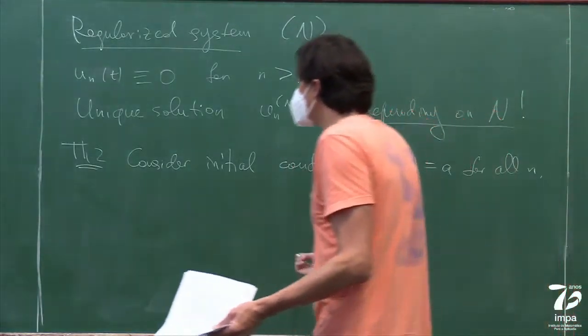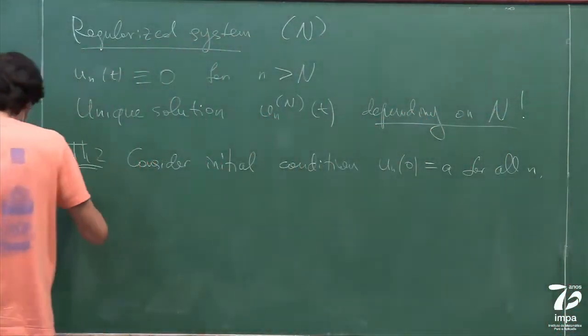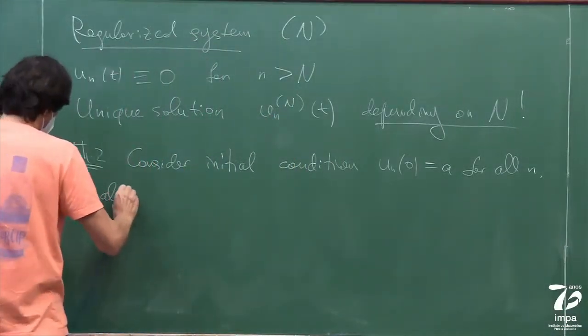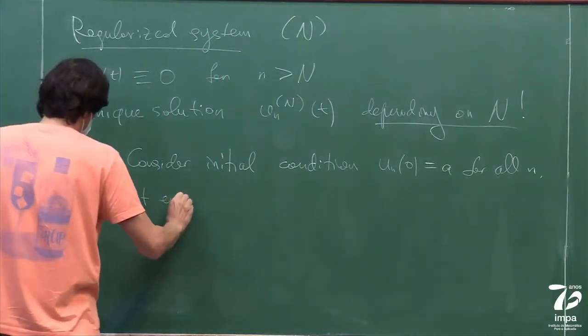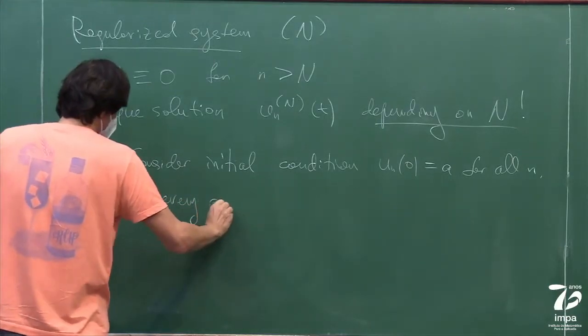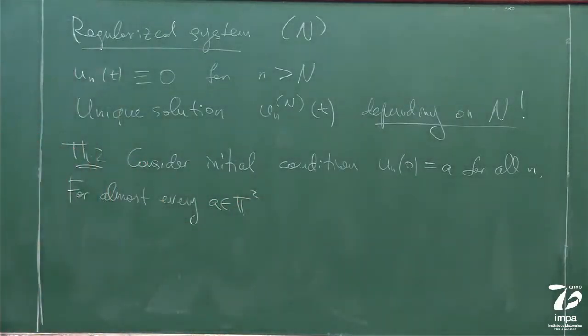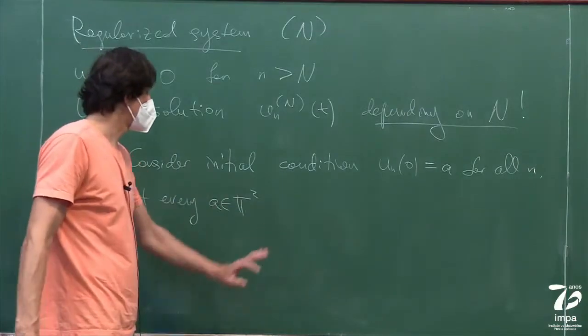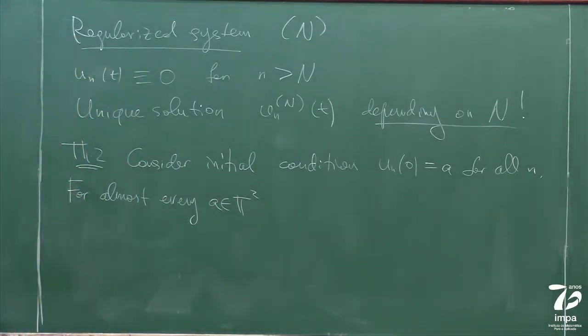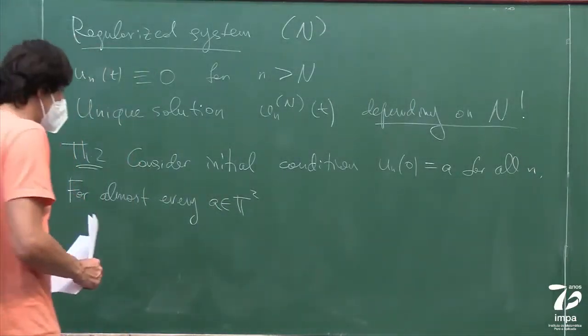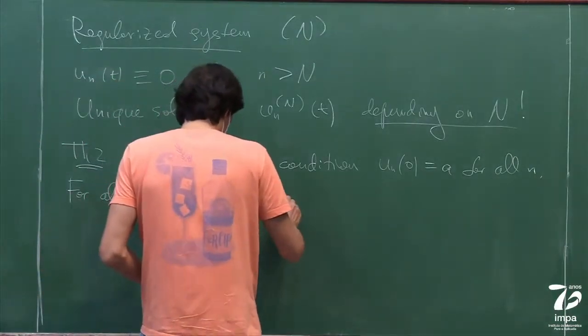So for almost every A, remember what almost every means: some A may not satisfy our condition, but this will be a zero measure set of A's. But for almost every A that you can choose, the limit